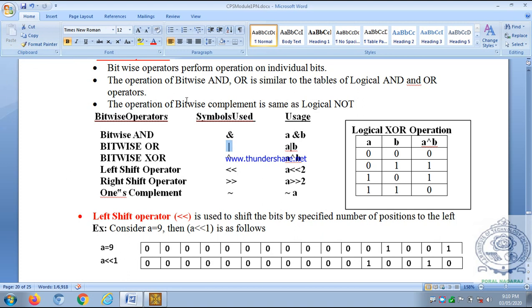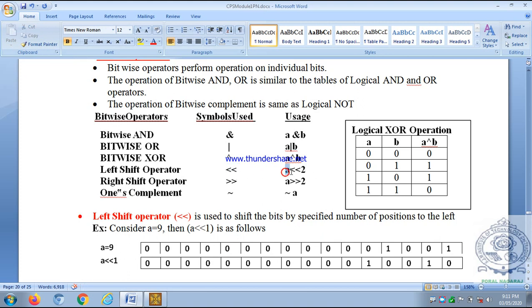That is the difference. So here we write A bitwise AND B. If I write a double ampersand here, it is A logical AND B. But we are discussing bitwise operators, so we have to use only a single ampersand. This is A bitwise OR B, only a single vertical bar. This is A bitwise XOR, exclusive OR. XOR means exclusive OR, and we call its symbol the caret symbol. A exclusive OR B. Then the left shift operator is represented by two less than symbols.